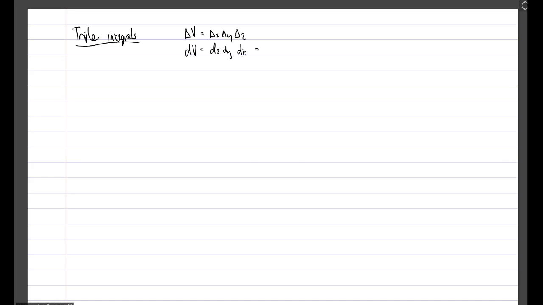dz. But the order can be swapped around, so this could be dx dz dy. This could be dy dx dz. This could be dy dz dx. And the list goes on. There's two more. Okay, so when looking at the triple integral over a region called E of the function f